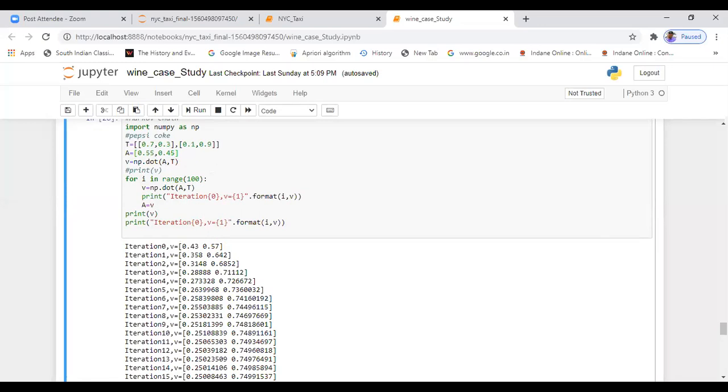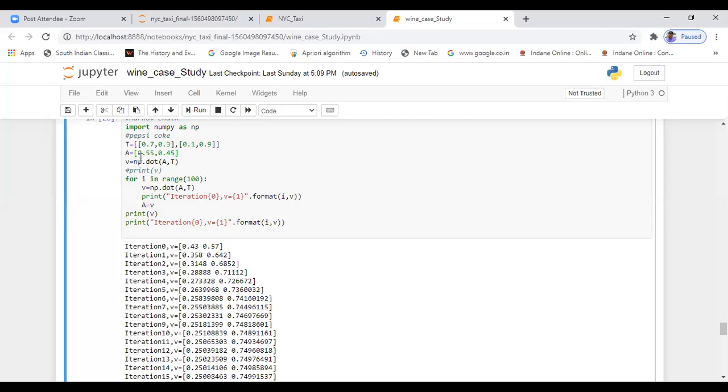If you observe keenly, 0.55 and 0.45 was shown. That is, the dominance was given to Pepsi at the starting point, but the transition matrix was given after the study by the marketing team, which mentioned that the transition is 0.7 for Pepsi to Pepsi and Pepsi to Coke is 0.3, whereas Coke to Coke is 0.9 and Coke to Pepsi is 0.1. At the start of the market, Pepsi has a more dominant market than Coke, but